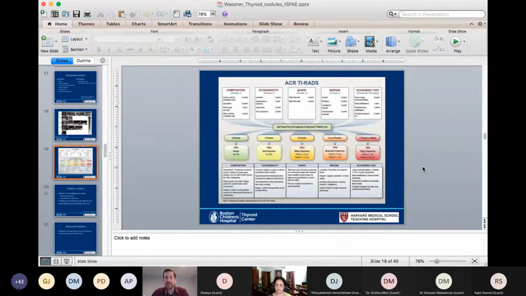If a nodule is over a centimeter and is solid or predominantly solid, I generally will biopsy it. If it is partly cystic or does not have any of these significant features, but particularly if it has cystic components, I often will wait and observe it. I may let it get to be 1.5 centimeters or so. But once pediatric nodules get above 1.5 centimeters, I tend to biopsy them. I admit that I don't have absolute hard evidence for that, but I think it's important to point out